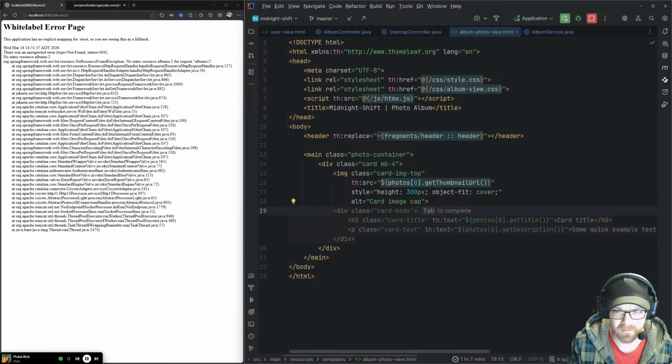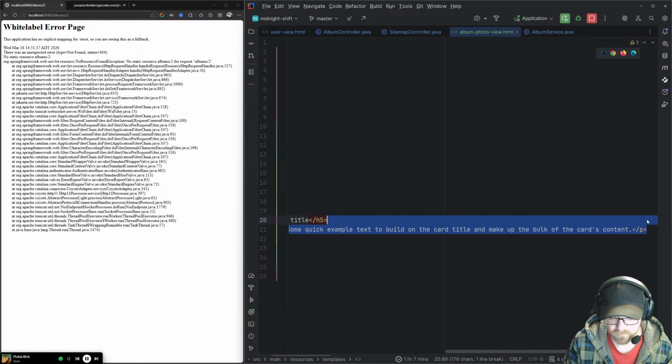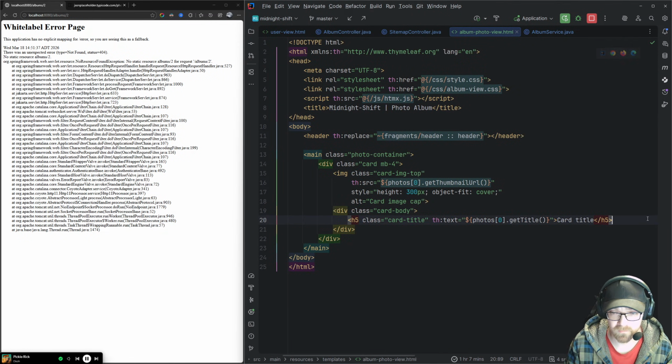And what's this suggesting? Holy shit. Don't suggest things you don't need. What is this? Card body. Yes. Card title.